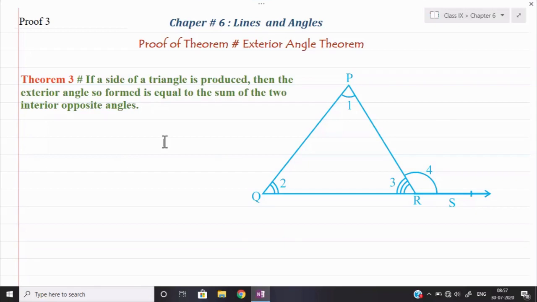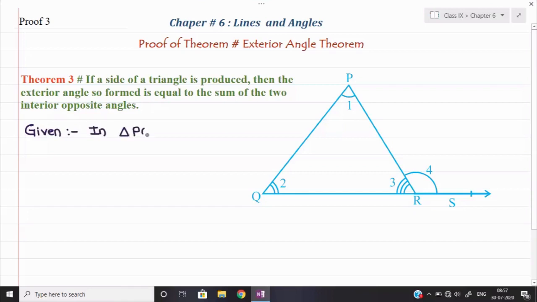So angle 4 will be equal to angle 1 plus angle 2. This theorem we have applied many times in the questions earlier. So let us prove this theorem over here. First, we shall write down the given things. So see, we have given that in triangle PQR,